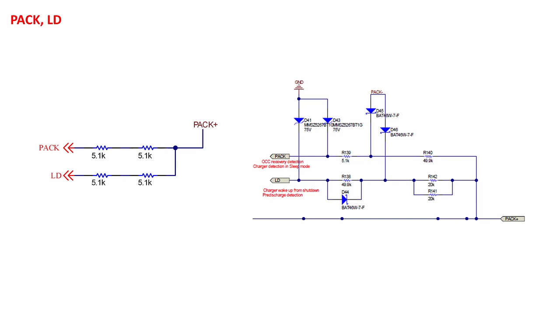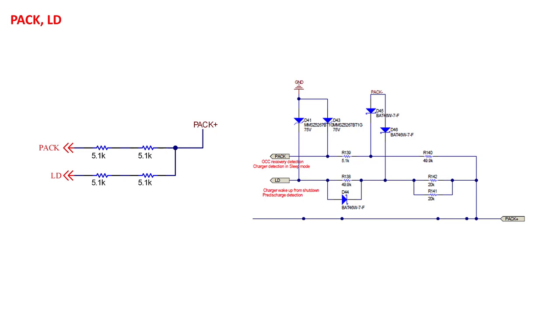It is necessary to connect this pin to PAC+ if the high side FET drivers are being used. This is because when the discharge FET is disabled, it will follow the LD pin voltage to avoid damaging the discharge FET, preventing the gate from being driven to 0 while the source is still high. The PAC pin is used for voltage measurement on the PAC connector. The measured voltage on this pin is used in fuse drive decision. The measured voltage on this pin is used to detect charger attach, which is then used for overcurrent and charge recovery. The voltage on this pin is used when waking up from sleep mode, and also when delaying voltage-based shutdown.